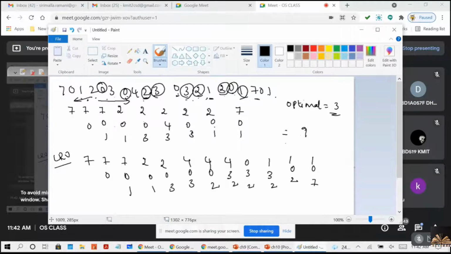After that 0 is there, 1 is there, no replacement. So total replacements you got is 1, 2, 3, 4, 5, 6, 7, 8, 9, 10, 11, 12, right? So total replacements by making use of this LRU is 12.